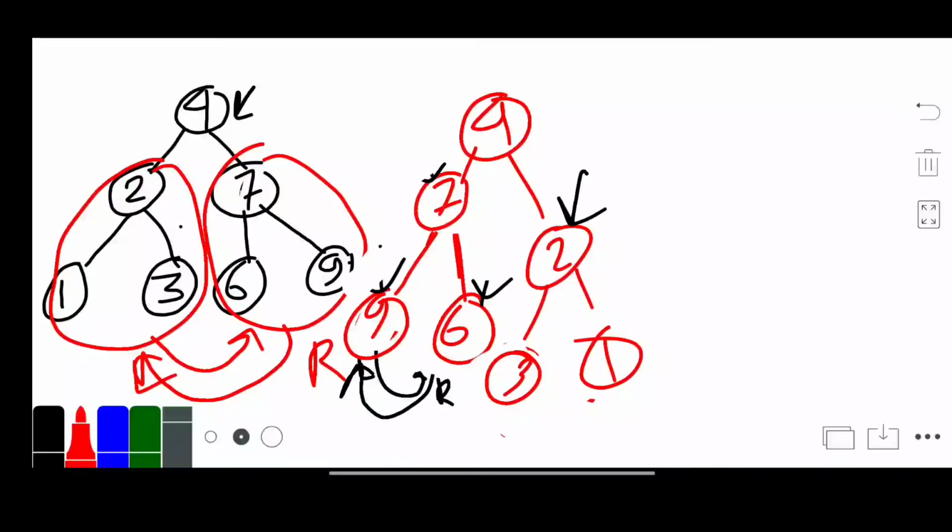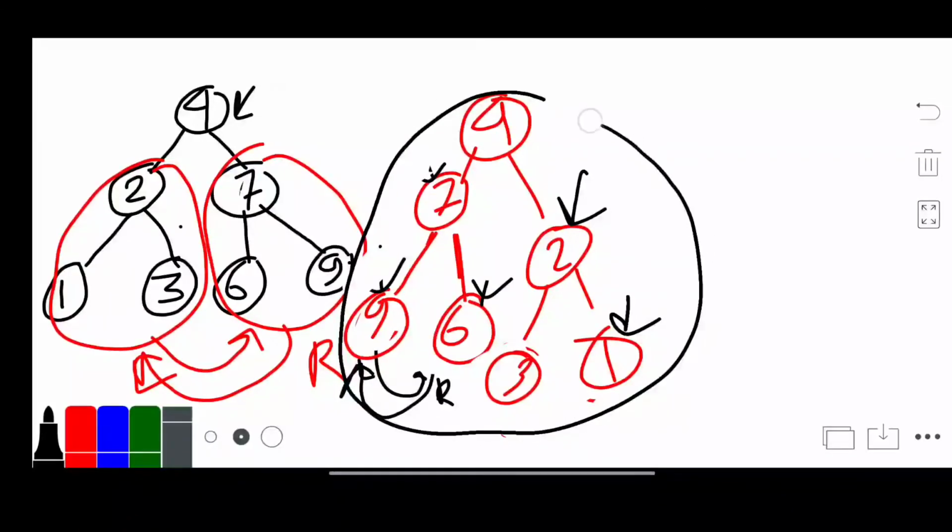Now we move to root dot left, so this 3 is root dot left, and we make it the root. We check root dot left and root dot right; there is no element in either. Now we go back to this, where 1 is our root, and we check root dot left and root dot right. Again there is no element in either. So finally we return this tree as our answer. I hope it's clear to you.